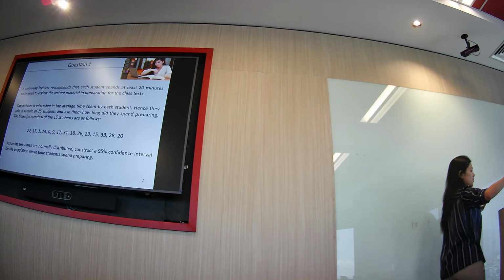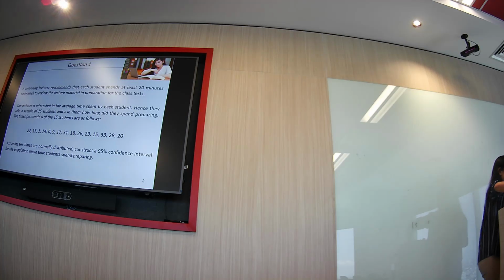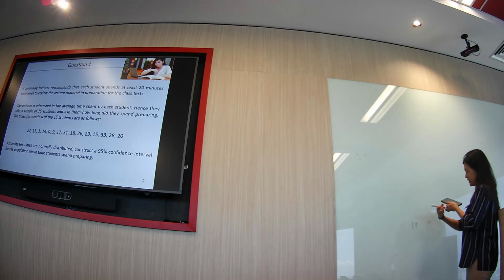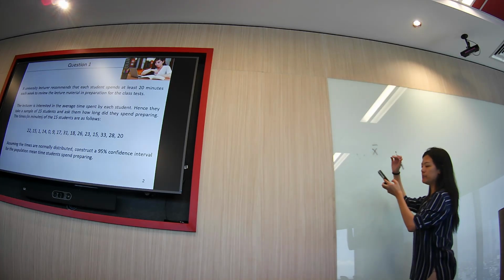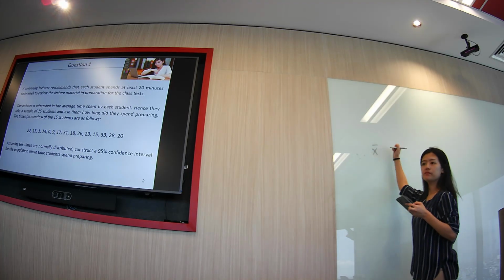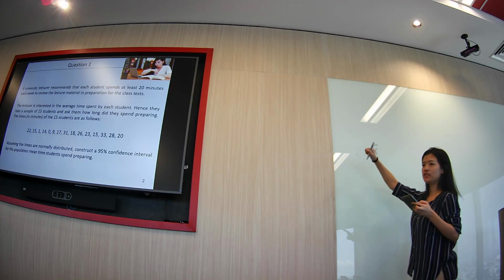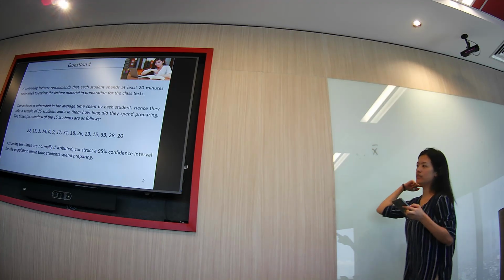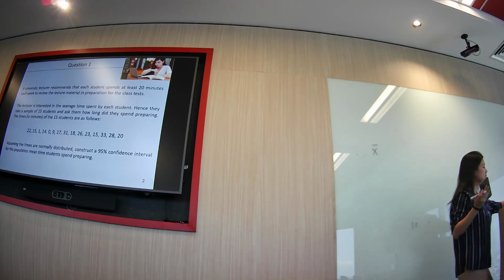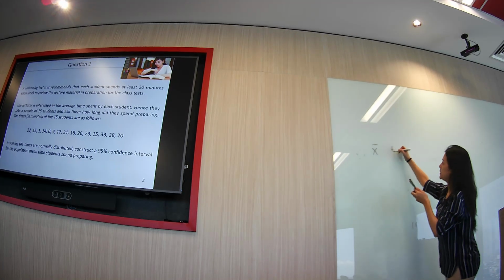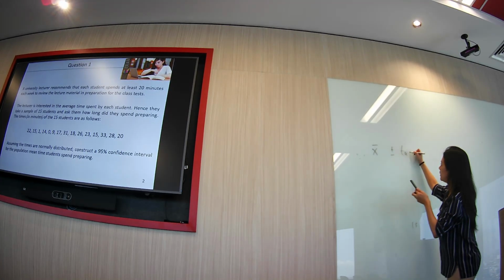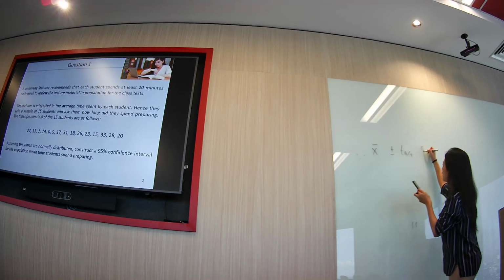It's asking you the confidence interval. So the formula is x bar. Do we use the t or the z this time? For this question, using the z or t. The t, right? Yeah, so this one is using the t. Plus minus t alpha over 2, and then standard deviation over square root of n.